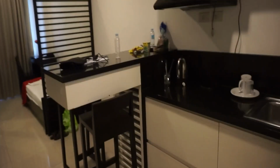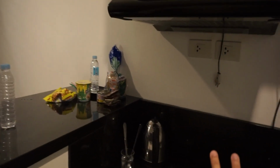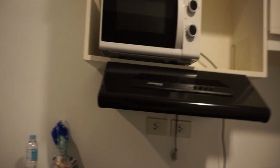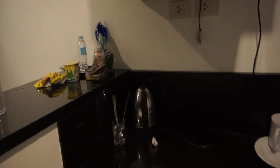you will see a kitchen. They do have a nice sink, and they do have some kitchen utensils such as an electric kettle if you want to heat some water, and there's also a microwave oven if you want to heat some foods that you have. Apparently, they don't have a cooker, which is kind of a bummer, but that's okay because